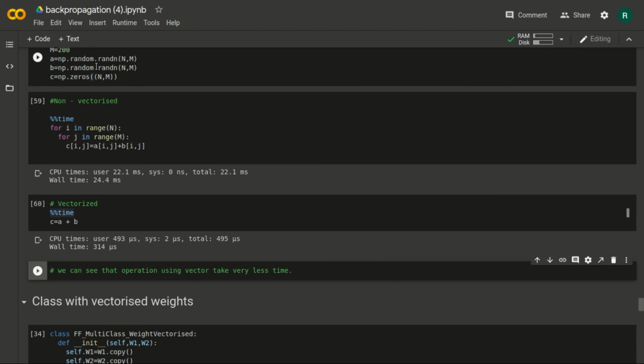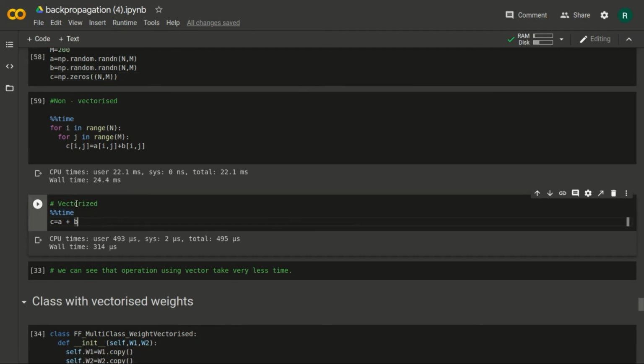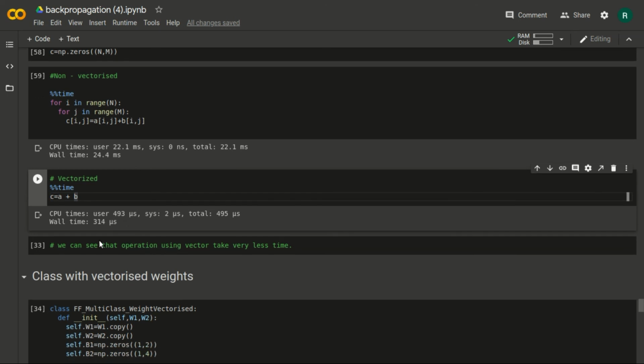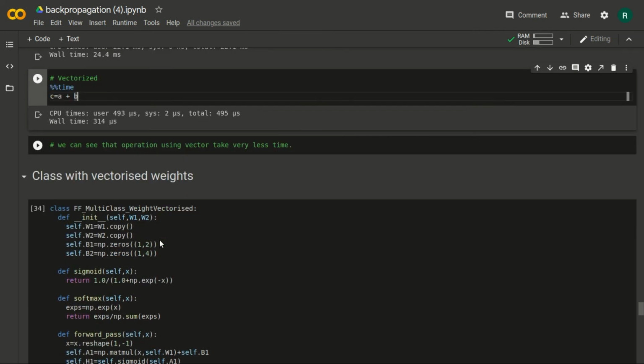After initializing these randomly, we set c equal to np.zeros, a zero vector of similar dimension n by m. When we vectorize it and simply add a and b, just look at the time difference: 22.1 milliseconds versus 493 microseconds. So you should get how much difference vectorization makes.